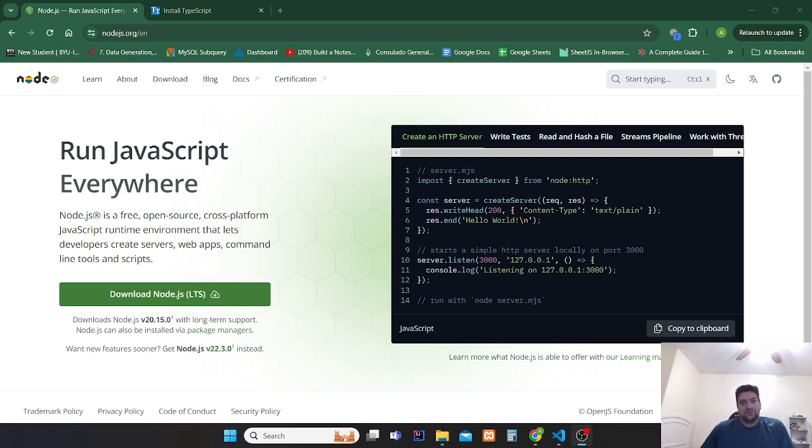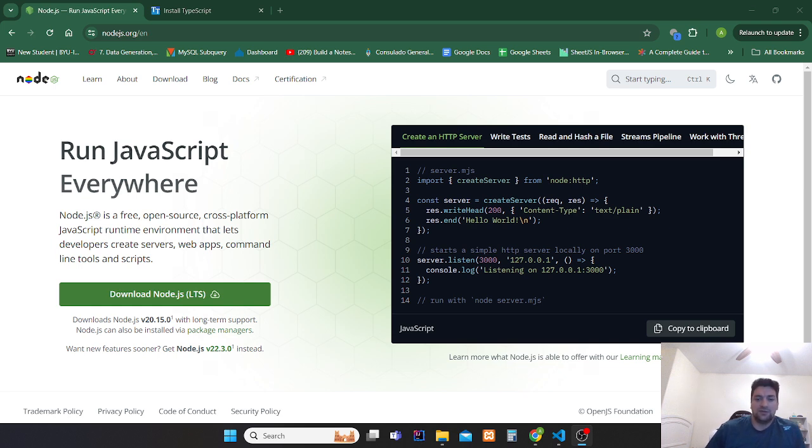I'm gonna talk about TypeScript. What is TypeScript? TypeScript is a coding language that was created by Microsoft in 2012. It was created to help developers write and create better and more reliable code. TypeScript is a superset of JavaScript.